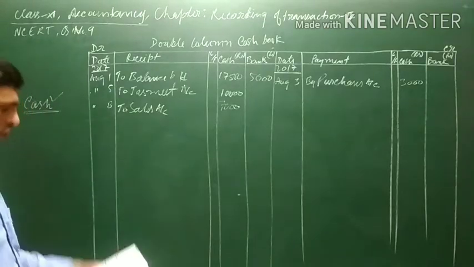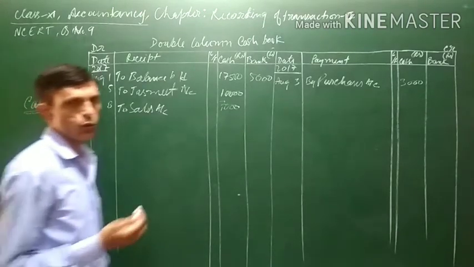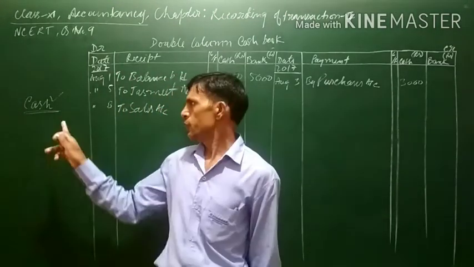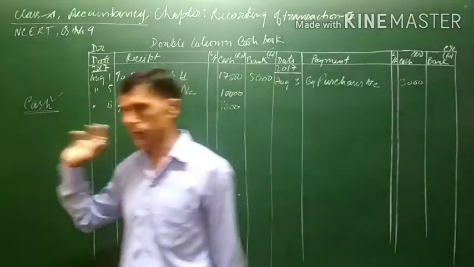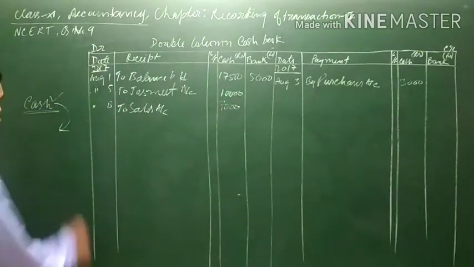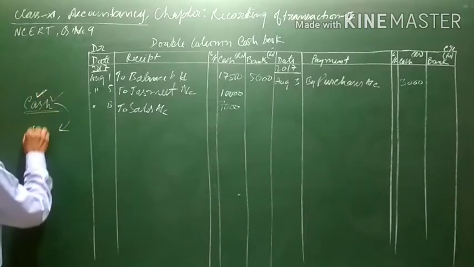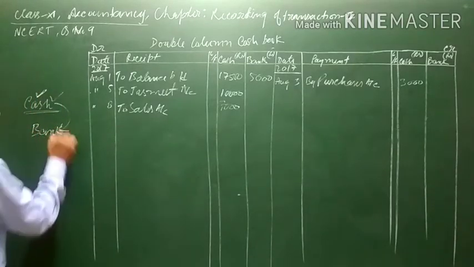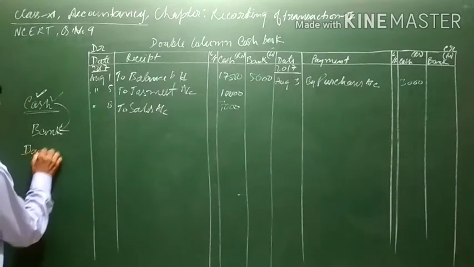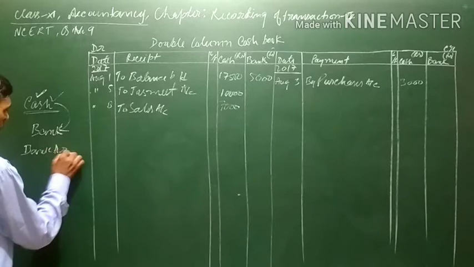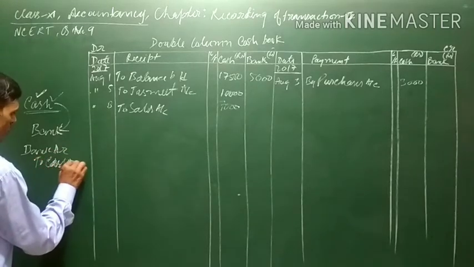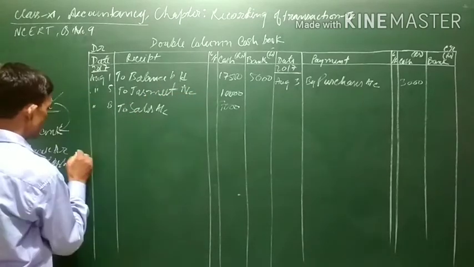Again, on the 10th, the check is deposited into the bank. Just now I told you, when a check is received and it is not deposited into the bank the same day, it is treated as if cash is received. Now when this check is deposited into the bank, it will be treated as cash going out, and the bank balance will increase. So when the bank balance increases, the entry is bank account debit, and cash will be going out, so cash will be credited to the cash account, and the check was of 10,000.